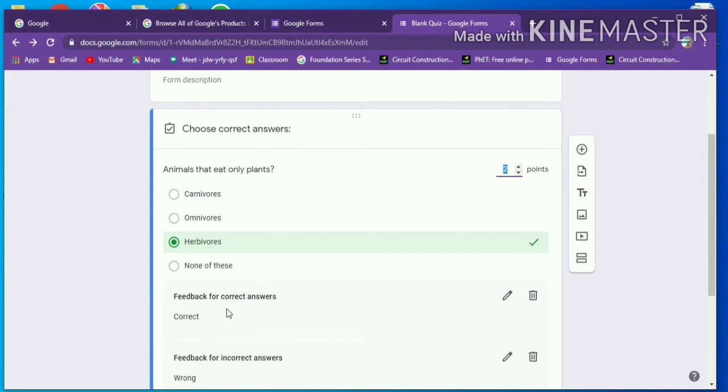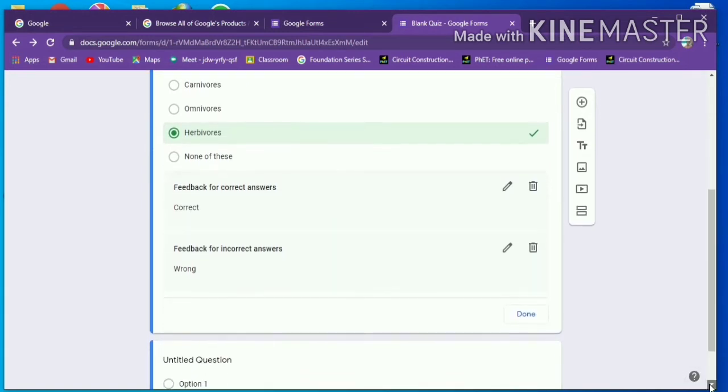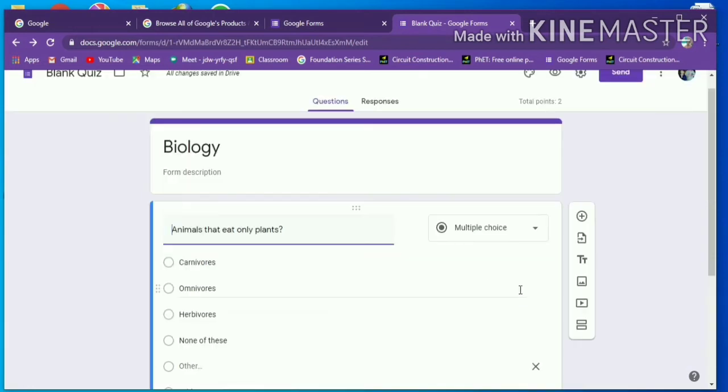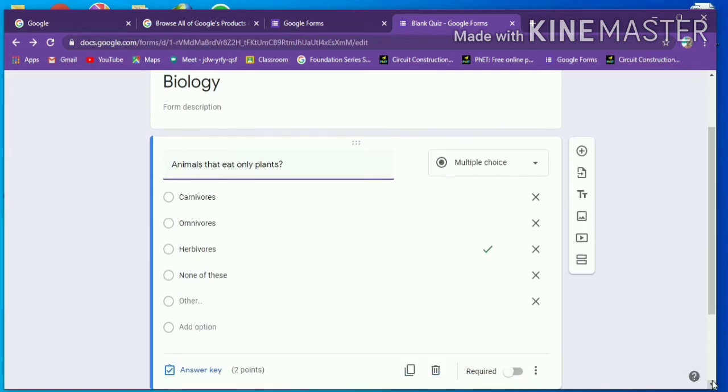Now the feedbacks for correct answers and incorrect answer has been changed. Now click the done option. The first question was ready.